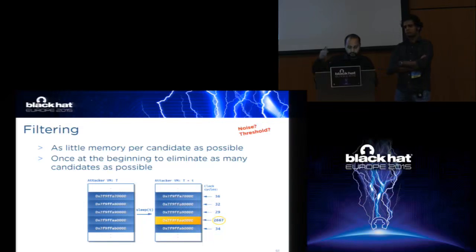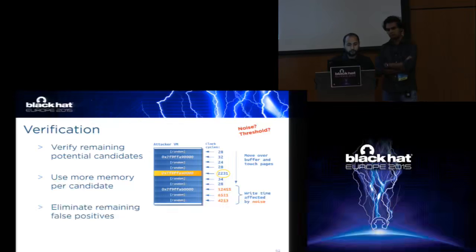And then we try to detect it with this moving 3 windows test. And then for every other round, we can assume that we have more memory. So as an attacker, we can invest more memory per candidate. And in that case, we allocate random pages in between. This makes the attack more reliable, but we have to pay with memory for it.